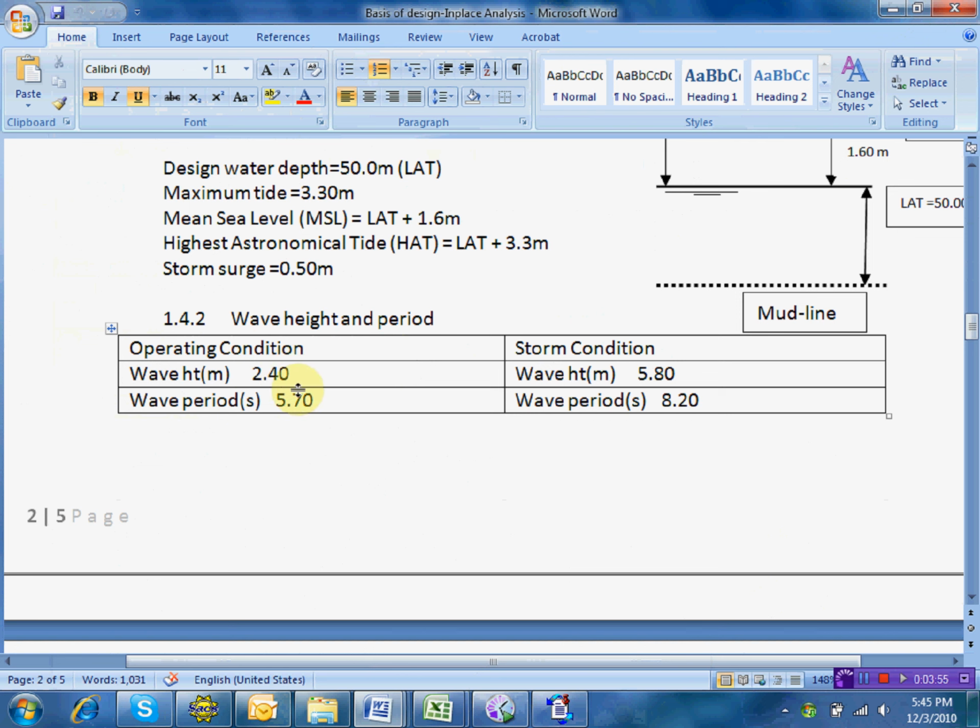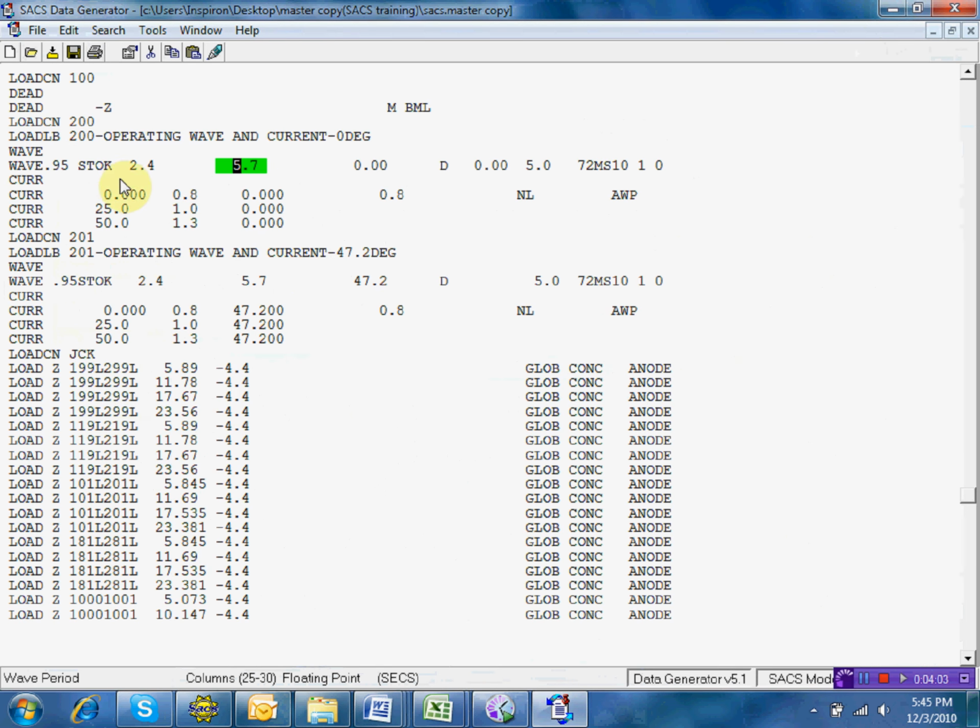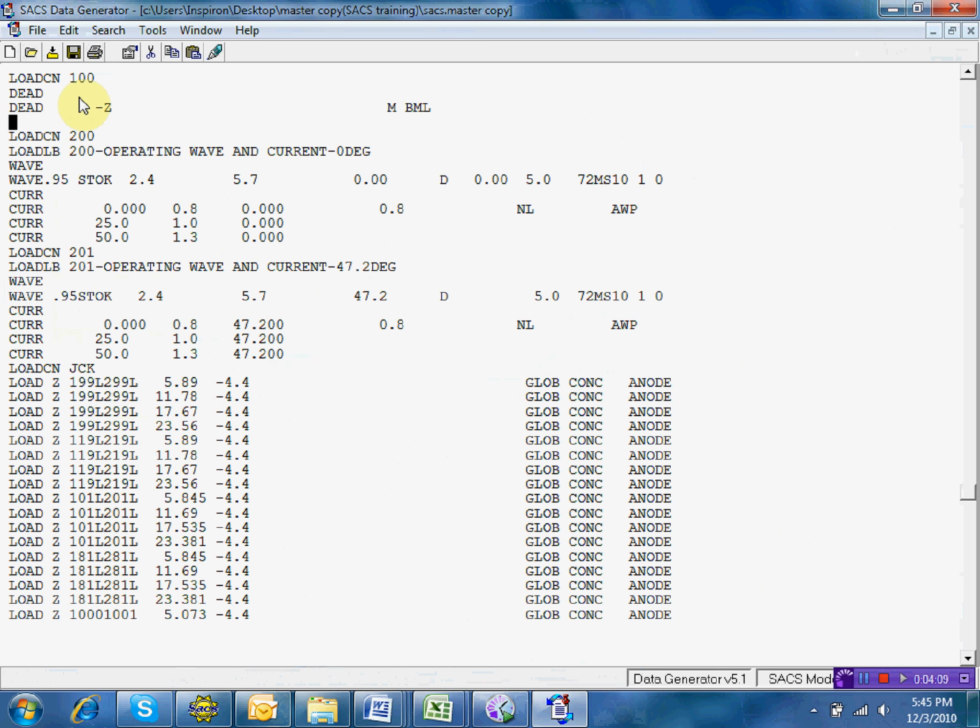We have a wave height of 2.4 and 5.7 for the operating condition, and for storm condition, 5.8 and 8.2. So we will consider now the minimum water depth. In here, 200, we will name this one the first condition. So put an asterisk so that SACS cannot read that command. You put an asterisk, and then I will put operating